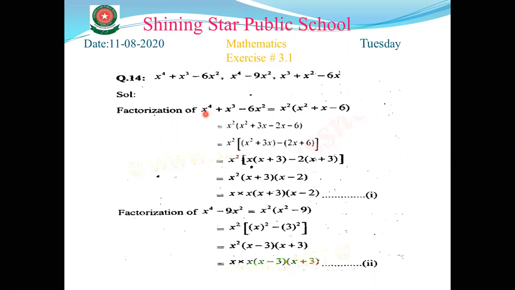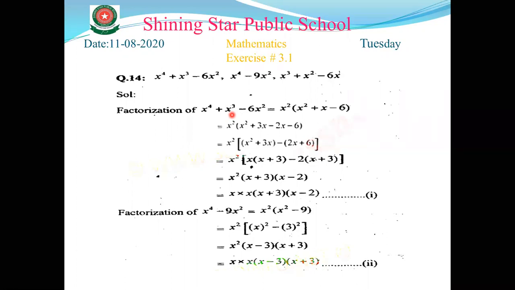If we have the x power 3 as the greater power in the expression, we say that that expression is the cubic expression. And if the greater power is x square, that expression is called the quadratic expression. And if we have the simple x minus 6, or we can say x plus 5, that expression is called the linear expression.